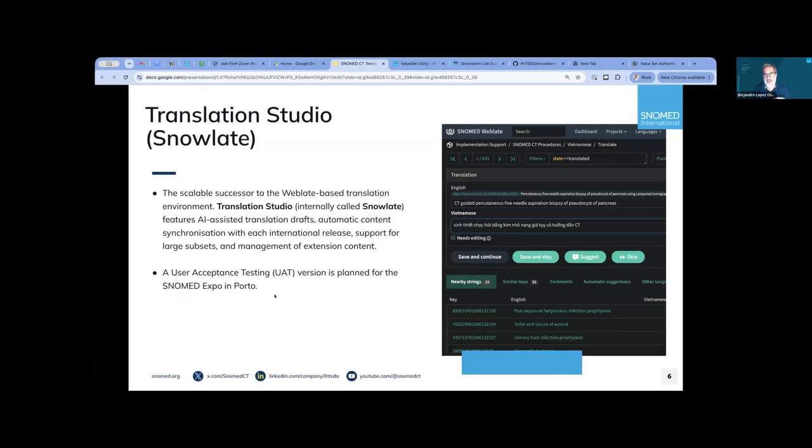But the goal is to have a more dynamic, a more flexible tool that is simpler in a way that doesn't require so much memory. It supports more users using it concurrently. It supports making big changes in a very short period of time. And of course, that is natively integrated with AI processes. Yes, this tool, Weblate, allows you to translate using AI, each one of the terms one by one. You need to click translate, translate, translate. But the new tool, the Translation Studio, is thinking about applying AI to translate large sections of the terminology.